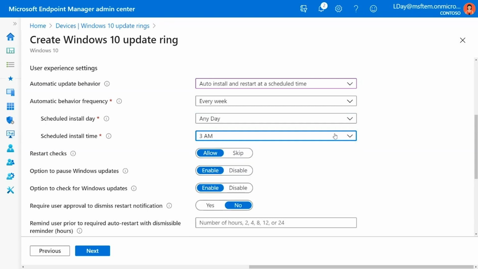I would highly recommend for those using this policy to do every week and any day. The reason being that if it misses the installation period, for example, your end user decides to ignore the notification, or, which is more often, at least in my case, you leave the device unplugged overnight. Well, if the device is unplugged, has low battery power, it won't be able to install the update and therefore